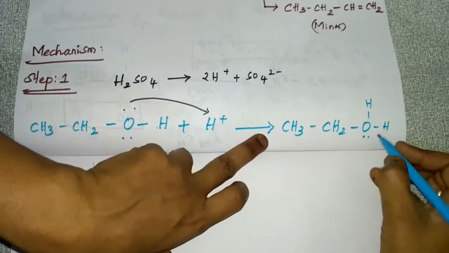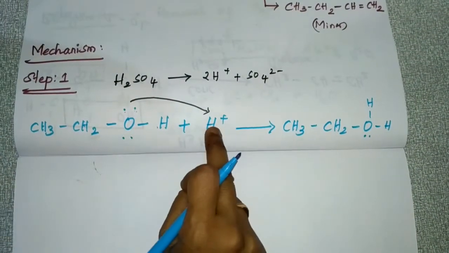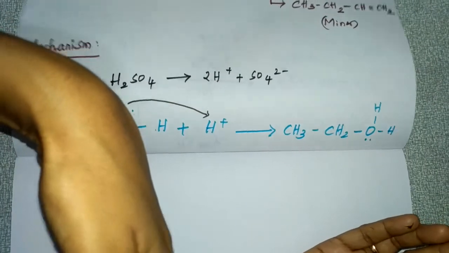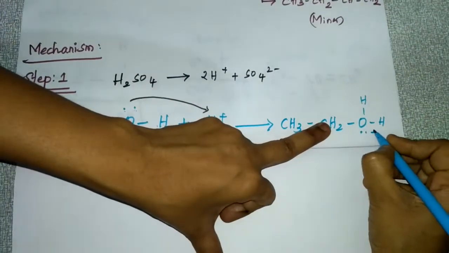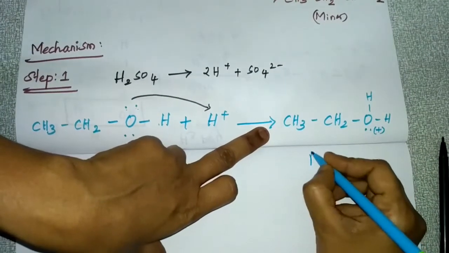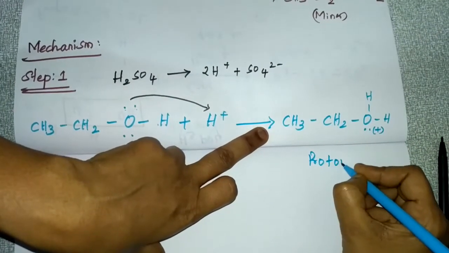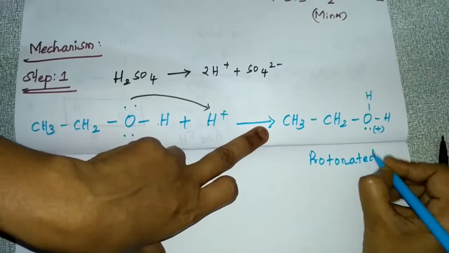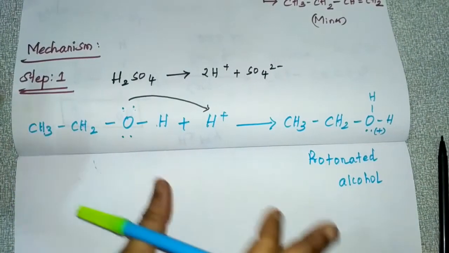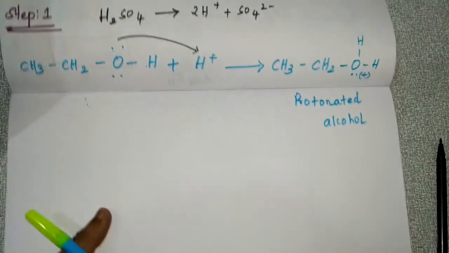Okay, and this oxygen is giving one lone pair of electrons to this hydrogen. So definitely the charge of this oxygen will be positive. So the formed product is protonated alcohol. Protonated alcohol. Okay, so this is what happens in step 1. In step 2,